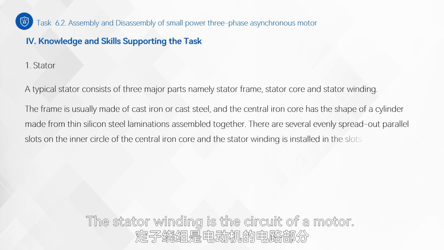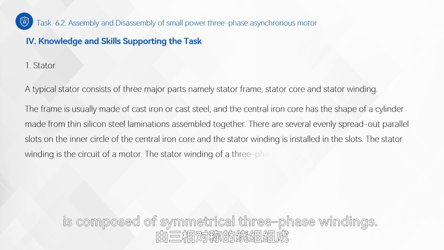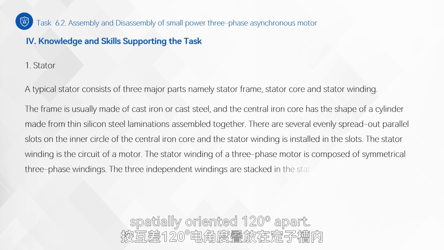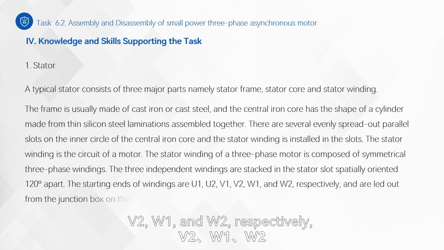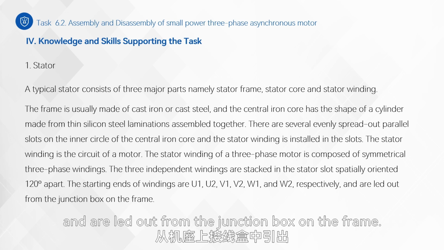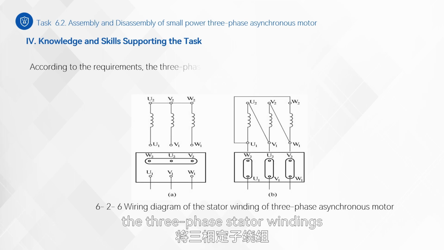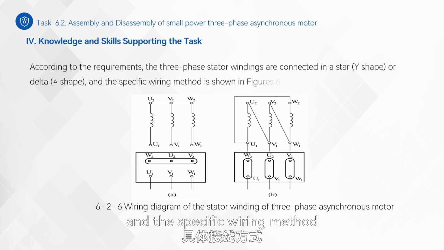The stator winding is the circuit of a motor. The stator winding of a three-phase motor is composed of symmetrical three-phase windings. The three independent windings are stacked in the stator slot, spatially oriented 120 degrees apart. The starting ends of windings are U1, U2, V1, V2, W1, and W2, respectively, and are let out from the junction box on the frame. According to the requirements, the three-phase stator windings are connected in a star or delta, and the specific wiring method is shown in Figures